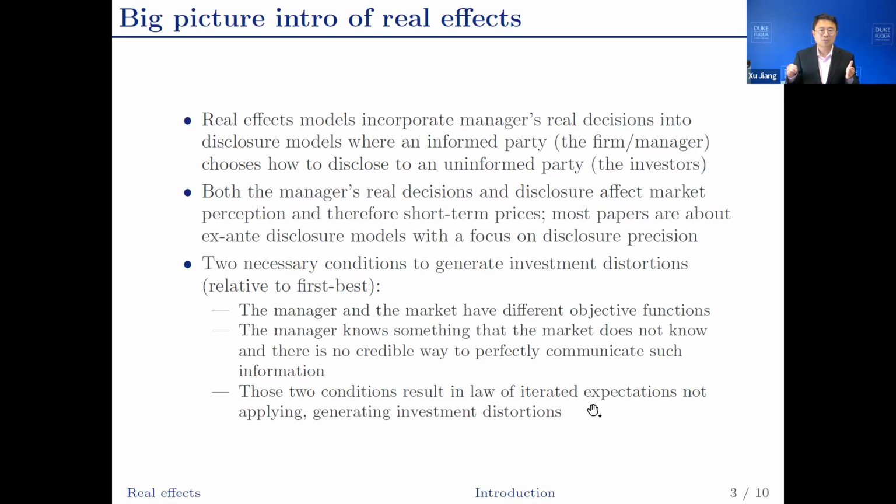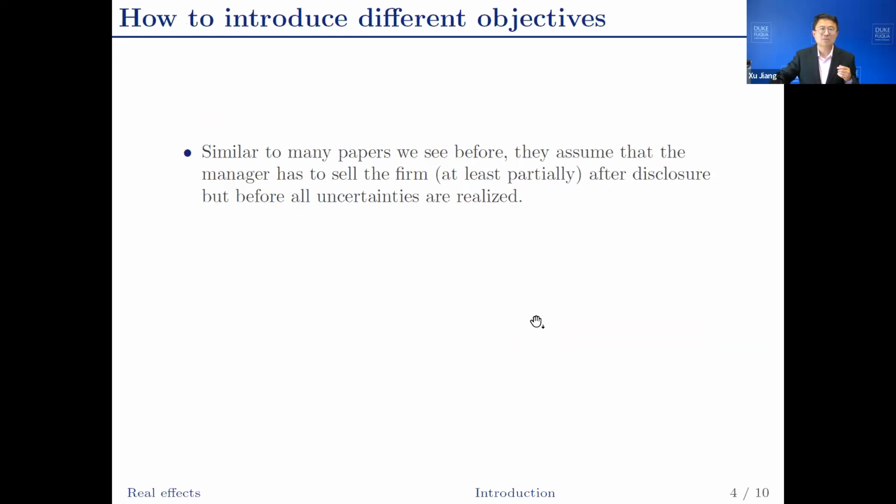Those two conditions result in the law of iterated expectations not applying, as we're going to see later in this lesson, which is going to generate investment distortions. How to introduce different objectives between the manager and the investors? Similar to many papers we have seen before, in particular in the disclosure module,